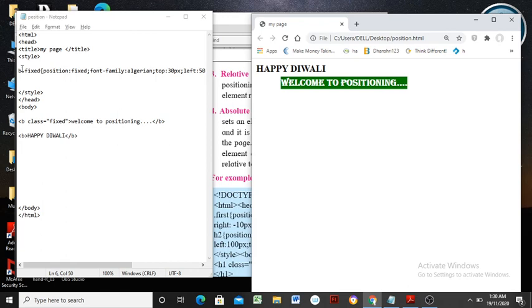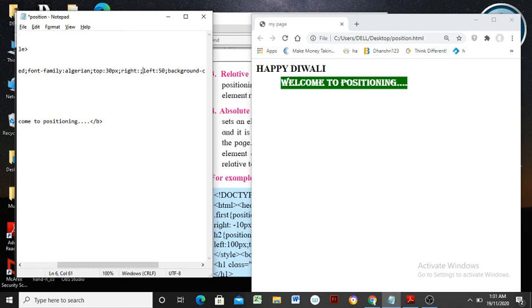Those effects we have studied in style sheets. Now we are studying here in positioning, leaving a space as well as managing colors. Suppose you want to apply a right space, a location at the right hand side. Suppose I have given here 100 pixels.